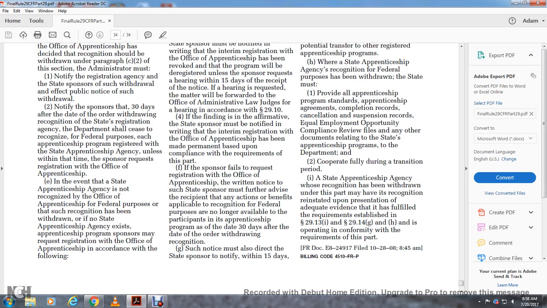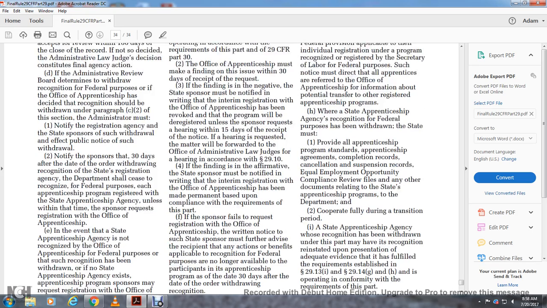If the program fails to request the registration with the Office of Apprenticeship, the written notice to such state sponsor must further provide the recipient the action, that the benefit of the applicable recognition for the federal purpose is no longer available to participants in the apprenticeship program as of the date 30 days after the date of the notice withdrawing recognition. Such notice may also direct the state sponsor to notify within 15 days